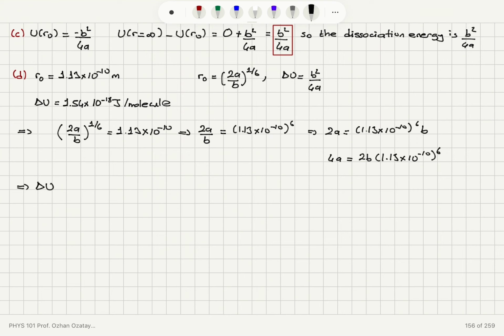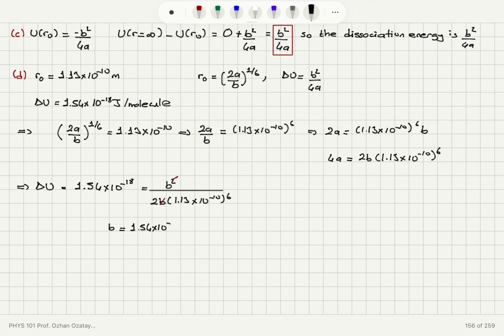Now, the dissociation energy is 1.54 times 10 to the minus 18 joules per molecule, and this is equal to b squared over 4a. 4a is given here, so I substitute that: b squared divided by 2b times 1.13 times 10 to the minus 10 to the power 6, so one of the b's will disappear, and we find b to be